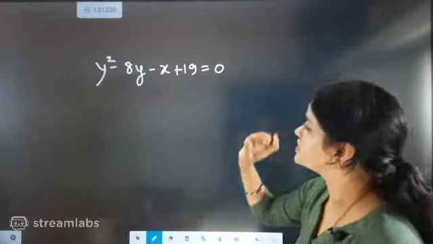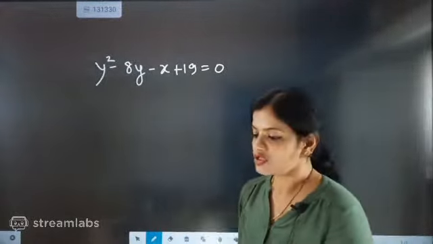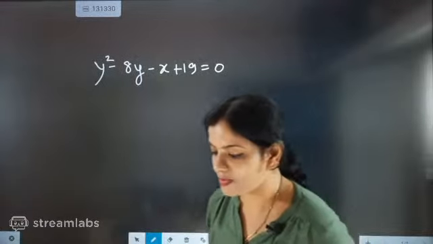So now, beta, this is the general equation of the parabola. So when the general equation of the parabola is there,